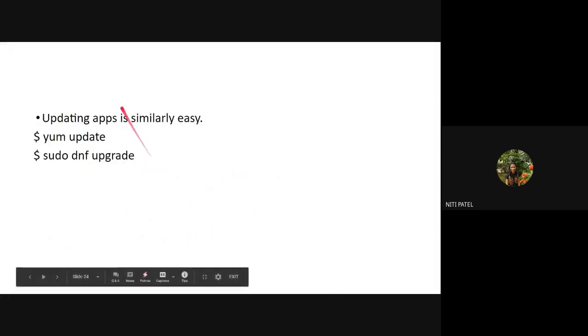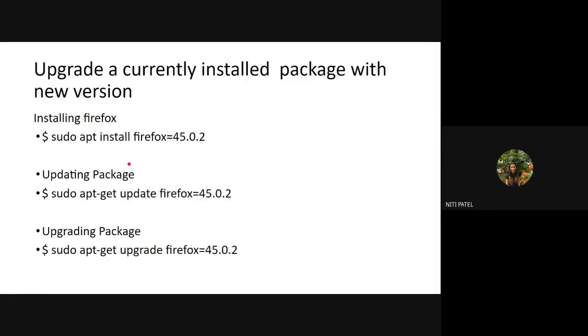If you want to update your Red Hat applications and your Debian applications, what are the commands? Either you can use sudo yum update or you can use sudo dnf upgrade or update. Anything will do. Okay, so we are not supposed to remember with respect to Red Hat and that. We are supposed to stick only with Ubuntu. Is this clear up till here? How are we supposed to install any application? How are we supposed to update and how are we supposed to remove?